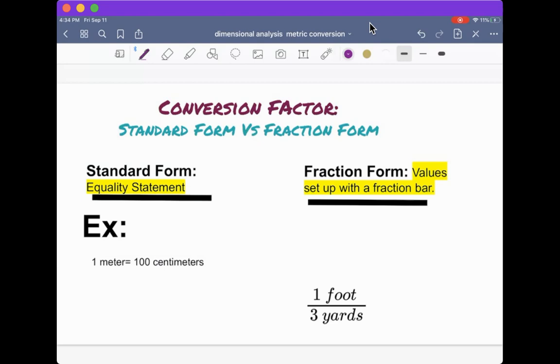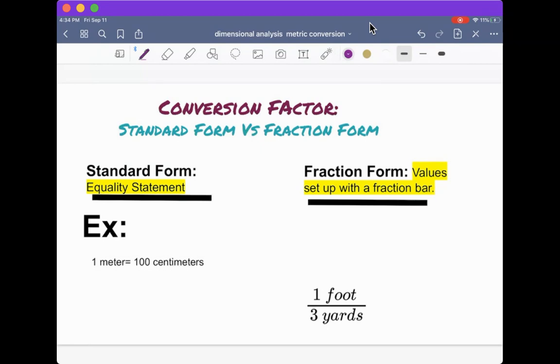Okay, guys, if you were struggling with writing or identifying the standard form equalities with its fractional form, then you need to send me a remind so that we can either get on a Google Meet and work one-on-one, or you need to write down your question and ask when we're face-to-face in class so that we can work some problems on the board. If you're good, go ahead and move on, and we're going to look at being able